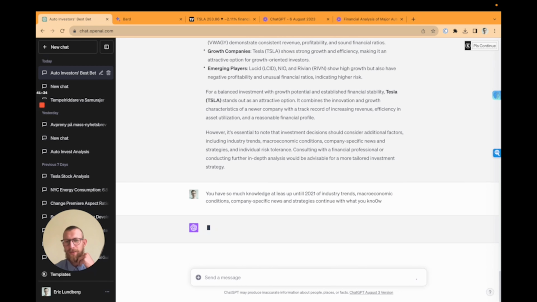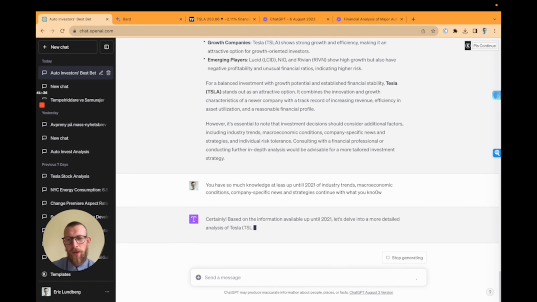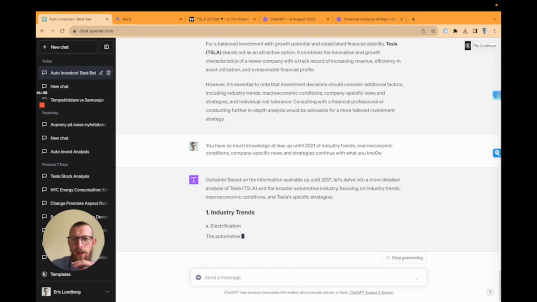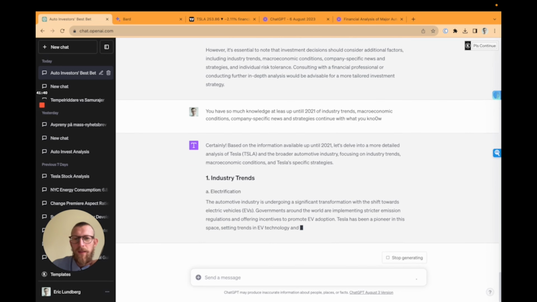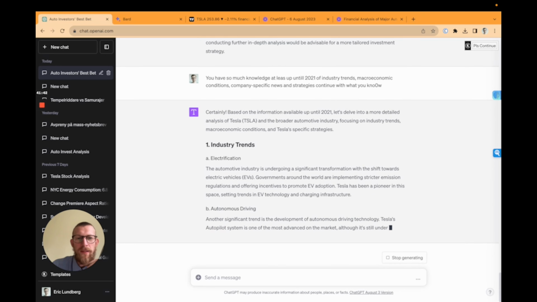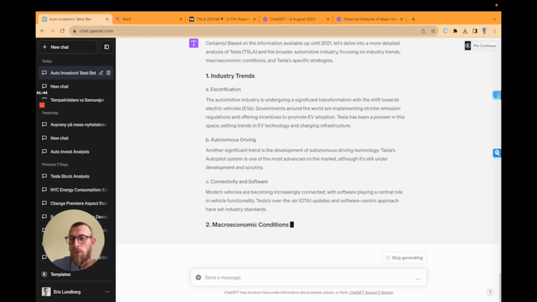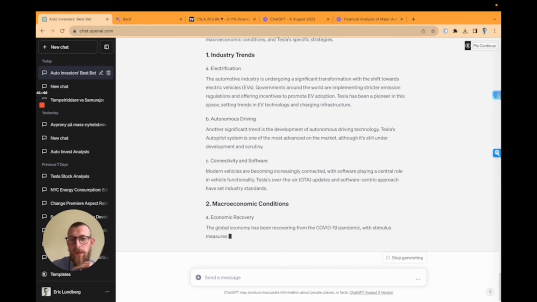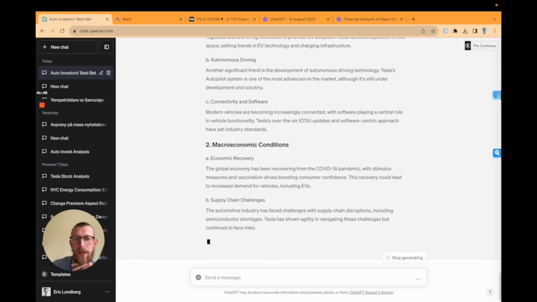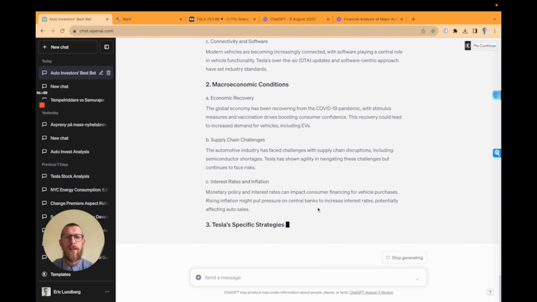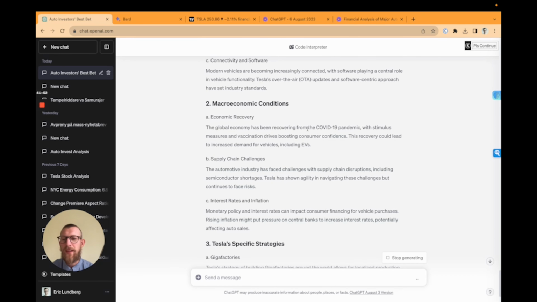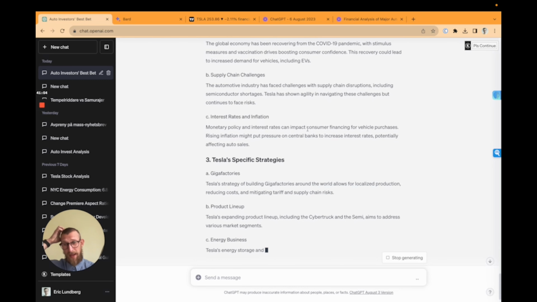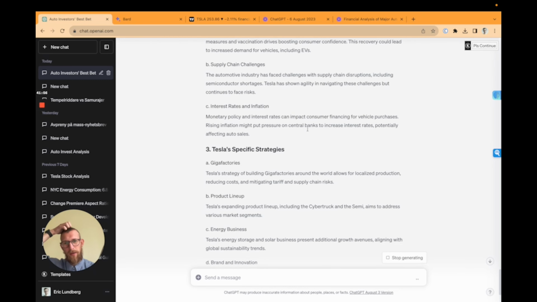Okay, so it has a lot of knowledge of this. It should just use it. So let's see whatever it chooses when it takes into account all of these macroeconomic trends. I mean, macroeconomic trends, that's maybe outdated if it's 2021, but